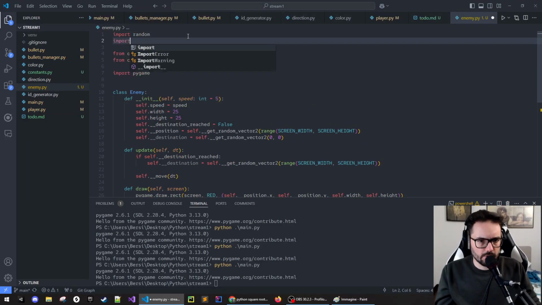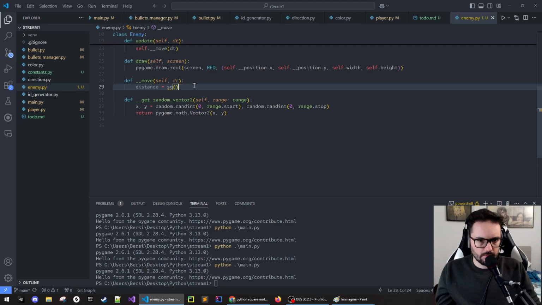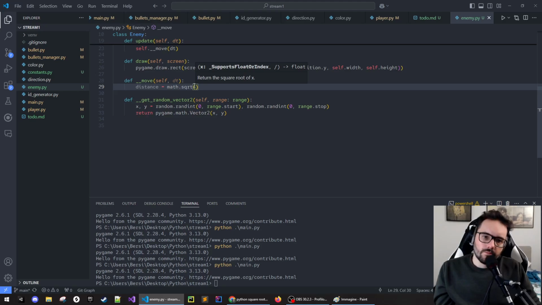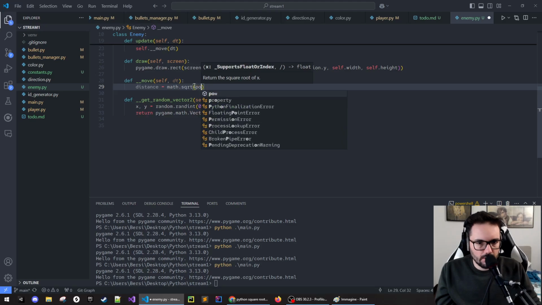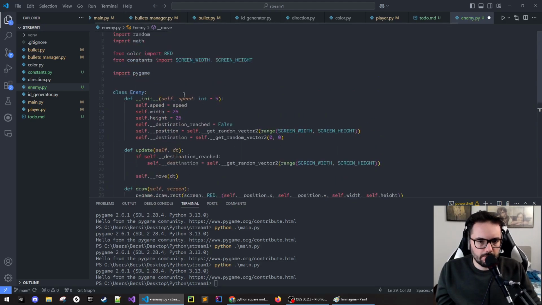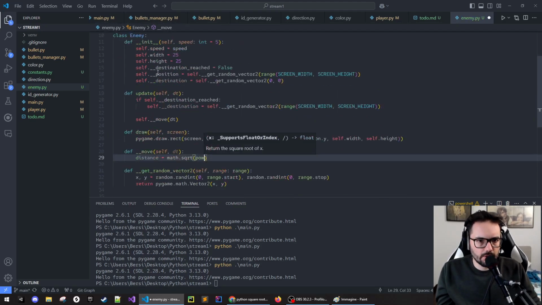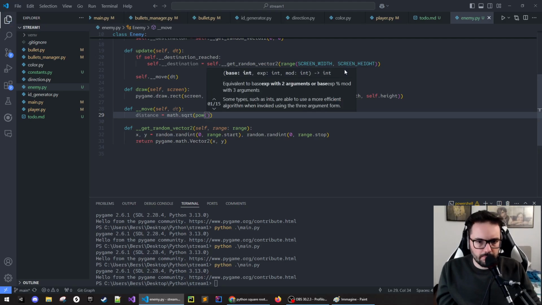Let's just import math. Okay, we need a value. The value will be, let's just use pow, the power of 2 of our value, basically, which is